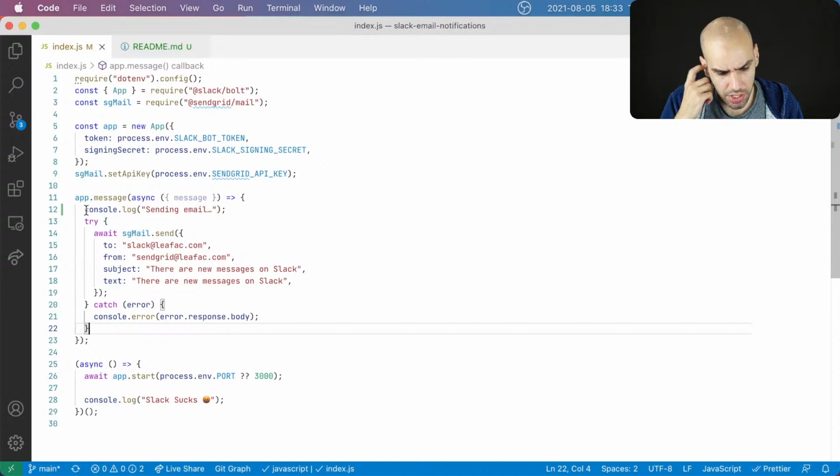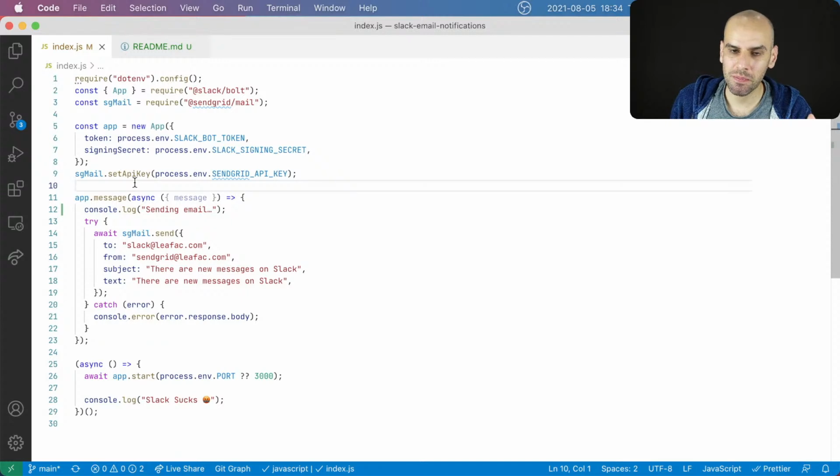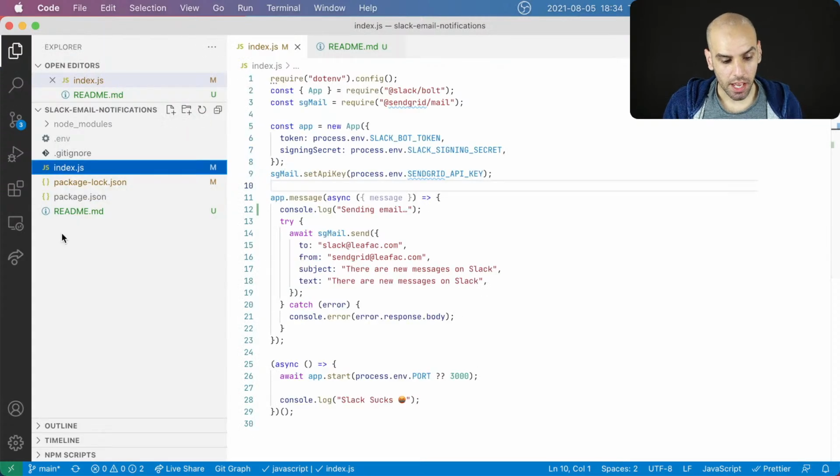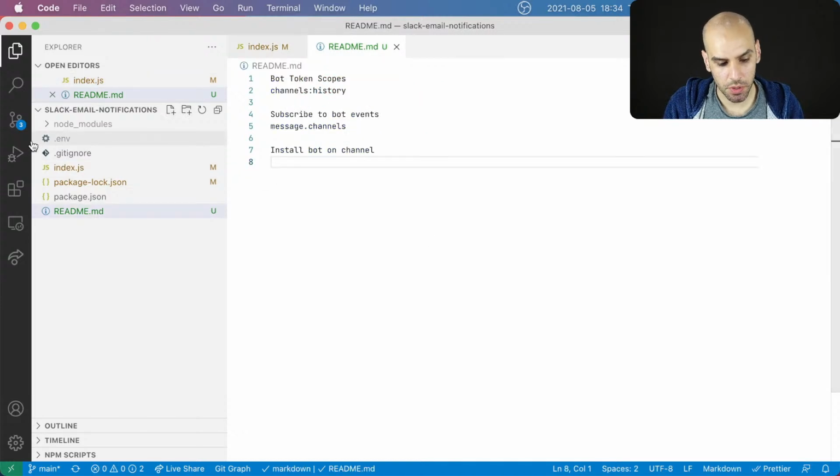I added a log message here, and I redid the whole step. So when I was figuring things out on the last stream, I was kind of sharing my private keys on the stream because it just happened to pop on the screen. So what I did was I destroyed the whole app, the API keys and everything after the stream, and I recreated everything from scratch, and I started to document what was going on. And then I recreated the API keys and everything, and it's all in this env file that I'm not going to show you because this time it is the real API keys that I'm not going to share with anyone, and we are going to deploy with these API keys.